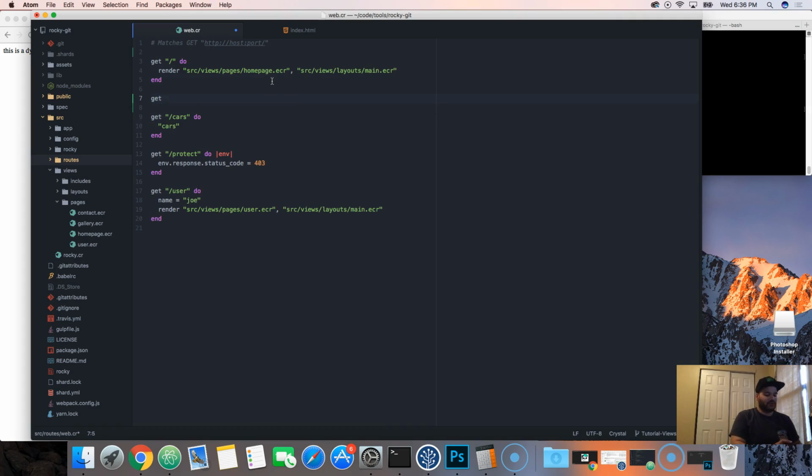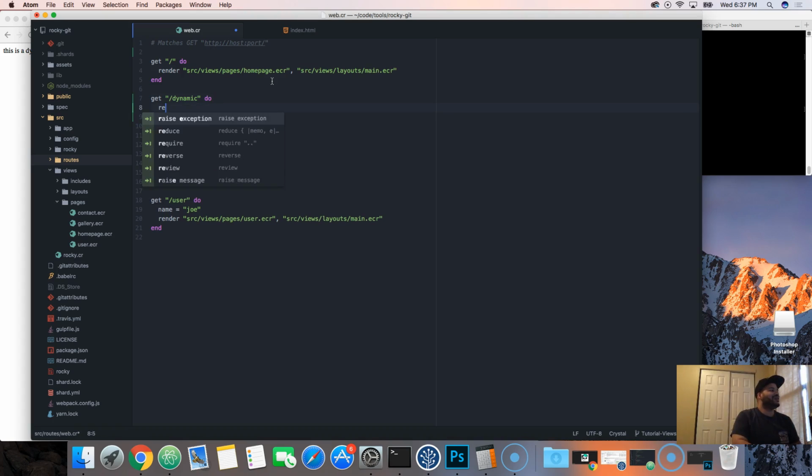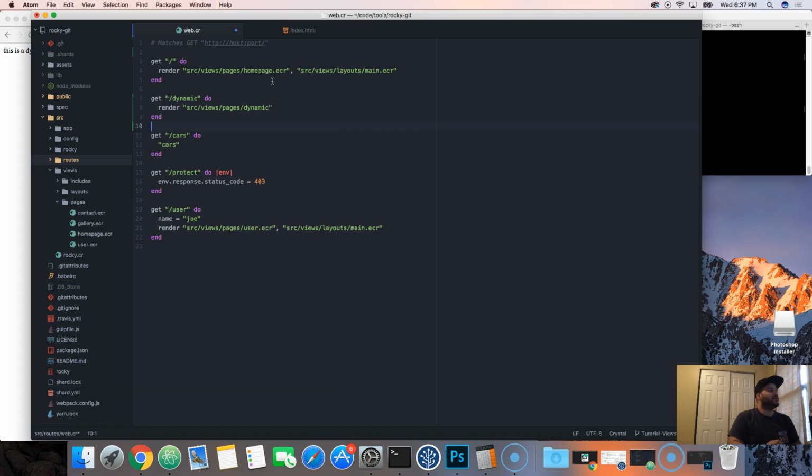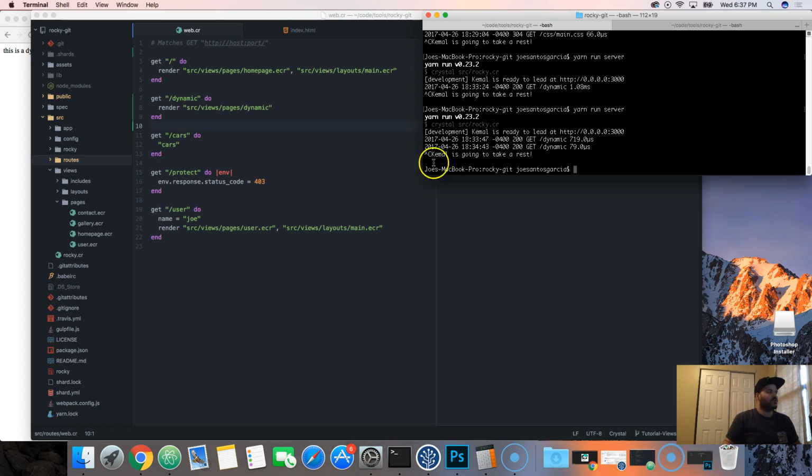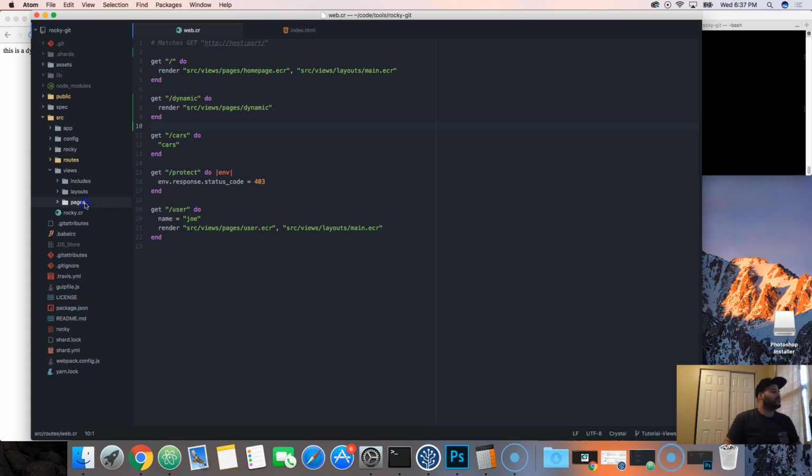All right, so we're gonna start with the simplest one, which is a get request, and then we're gonna do /dynamic, and then inside of it we're gonna say render, and then we're going to put in source views pages /dynamic. Right now I haven't created this page yet, but I will do it in 1 second. Alright, so now we save this. Now what we do is we basically create the page,